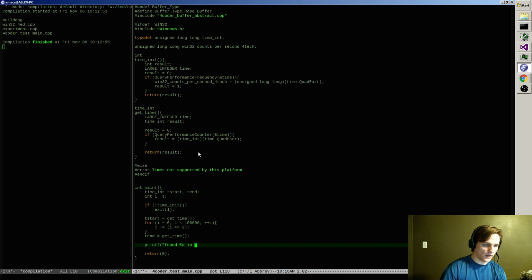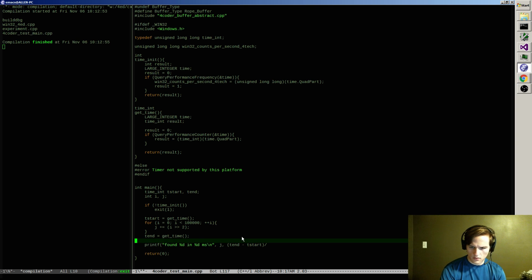Now, what's the number I have to use to printf a... Well, what I could do is just say %d here. Microseconds. Right, and so we'll find j, and then to get the microseconds, it's end minus start divided by... get time. Well, I'll just have those returned in microseconds, and then all I have to do is cast it to an int.